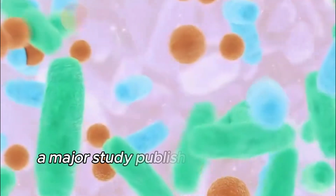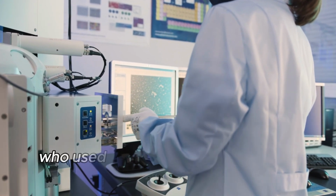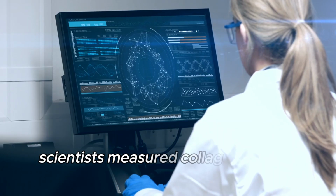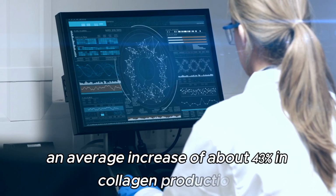A major study published in the Journal of Cosmetic Dermatology observed women between the ages of 55 and 75 who used rosehip seed oil every day for 12 weeks. Scientists measured collagen density using advanced imaging tools and discovered an average increase of about 43% in collagen production compared